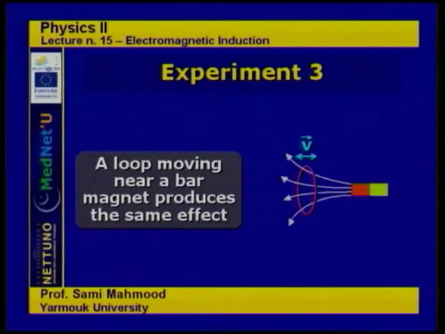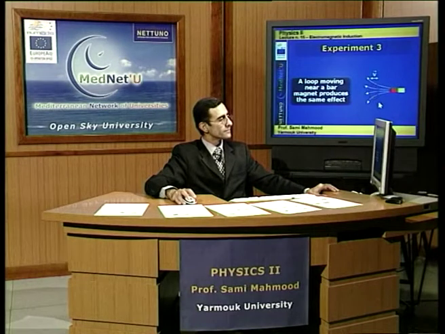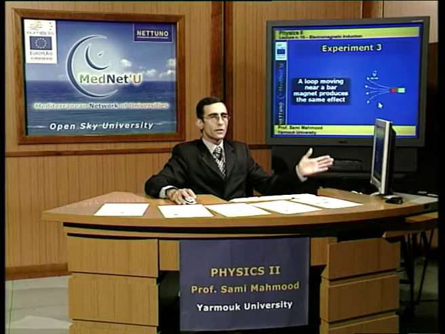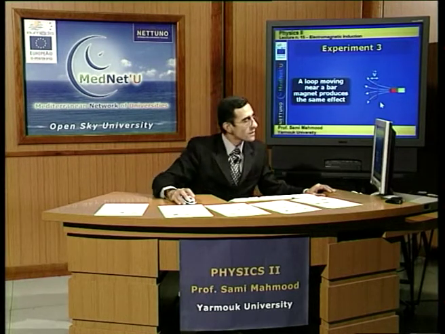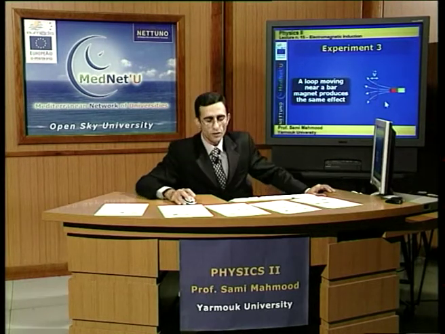If the field is non-uniform, as the field produced by a bar magnet in this case, this field is non-uniform. So if we move the circuit across this field, then we will observe current flowing in this loop. So these are experimental observations,